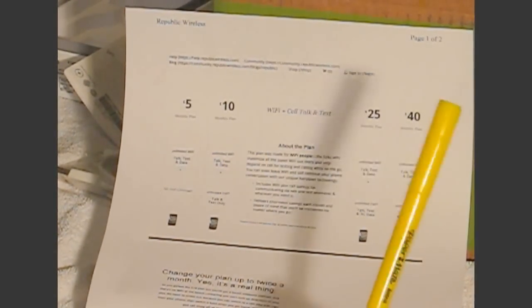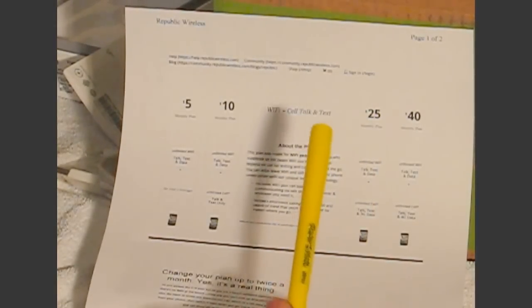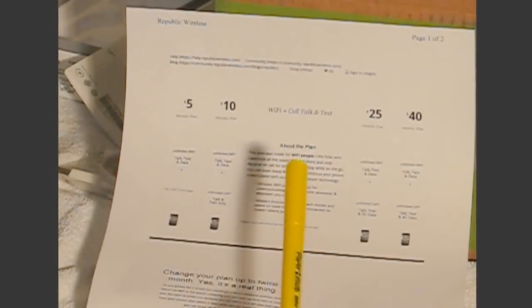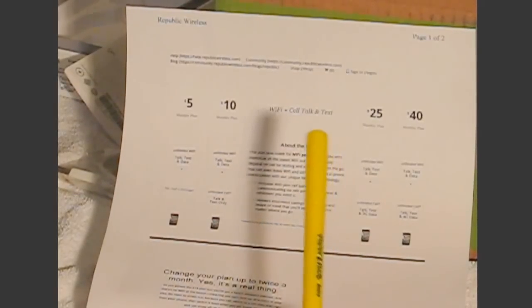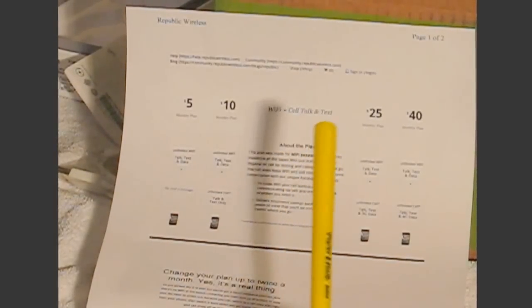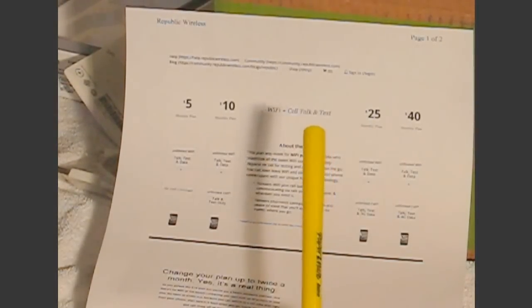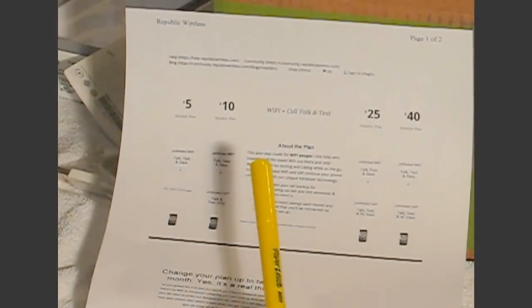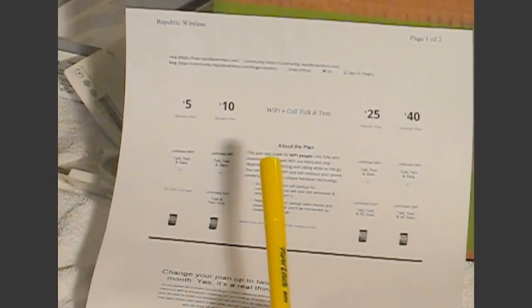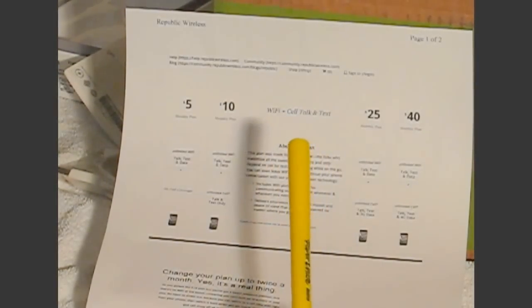Now, a couple of other important points that I want to give you. Republic Wireless does not have brick and mortar stores within a mile or 2 or 10 miles or anywhere. They're strictly over the internet. The way you get support is there's a forum. Froggy's been on the forum for about a week. It's pretty good. They really have been slammed with a lot of postings about trouble calls on the forum